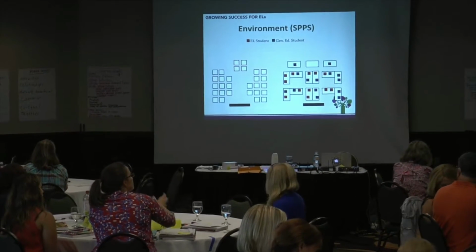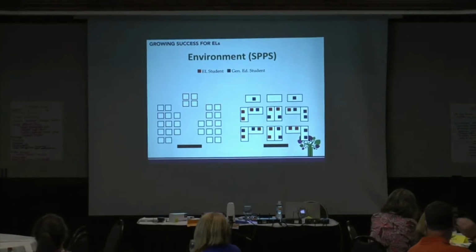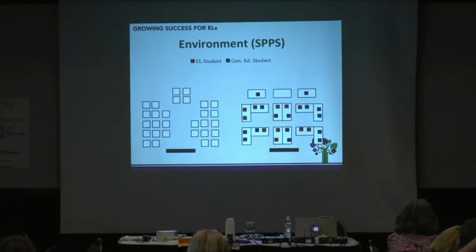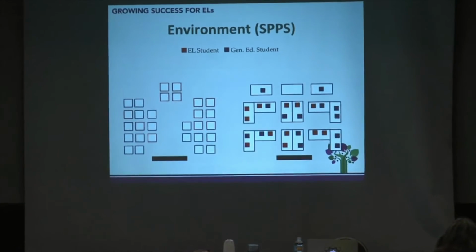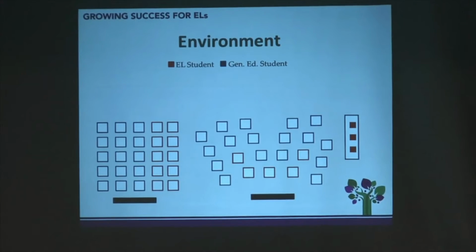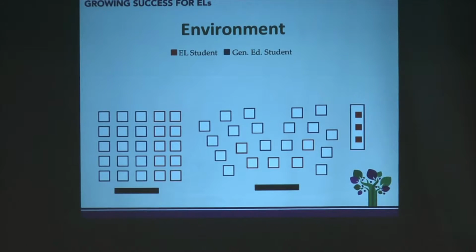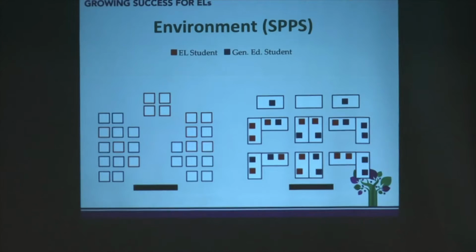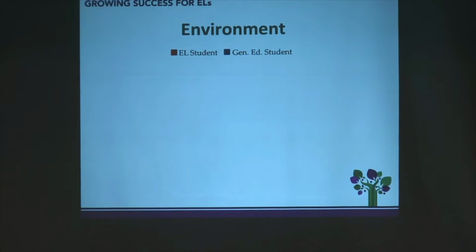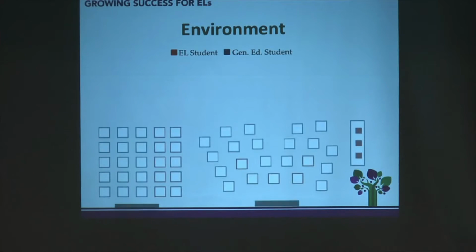So how are we going to seat our English learners? Blue stands for Gen Ed, red stands for EL learner. And they were working on that. And again, asking the question, what's the intention? What's the intention if the English learners are clustered, four of them sitting together, but the rest of the kids are not? So giving additional thought, not just to the models, but other decisions that had to be made. And this is already on your handout, on your wiki space, so you could take a closer look.